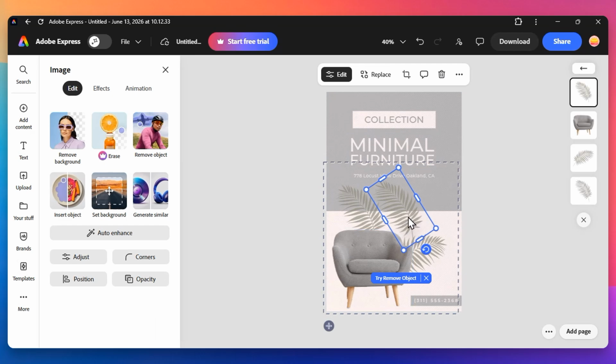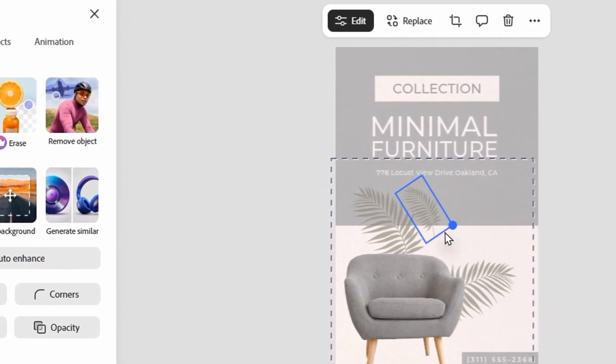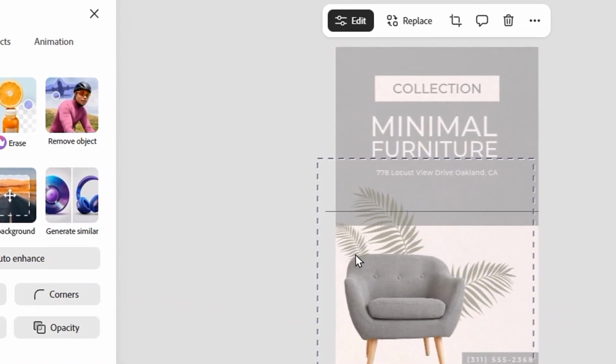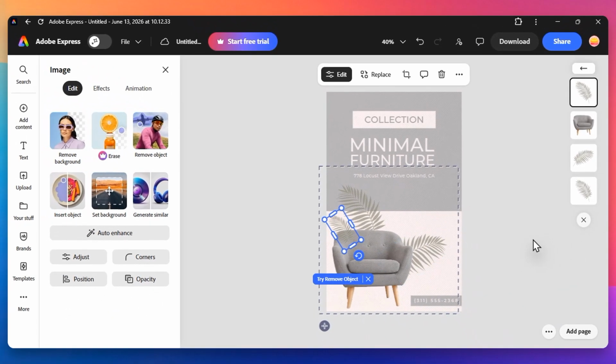Now, to place the copy onto your canvas, press Ctrl and V if you are on Windows, or Command and V if you are on Mac. You will notice that the duplicated item appears slightly offset from the original position, making it easy to grab and move to a new spot. This offset is helpful because it prevents the new layer from being hidden directly underneath the old one. You can repeat this pasting process as many times